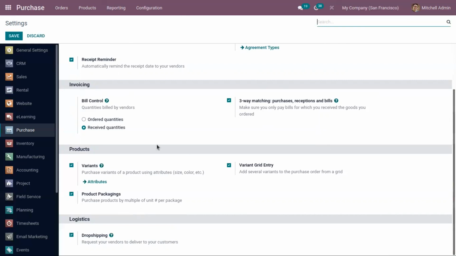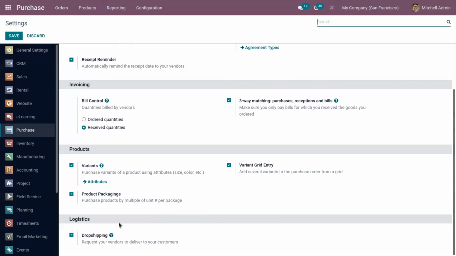Then here we can find some product related features. Here we can activate product variants, then product packagings, then variant grid entry to choose variants for purchase order from a grid view. And then comes a feature, drop shipping. This is used to directly deliver goods from vendors to customers.